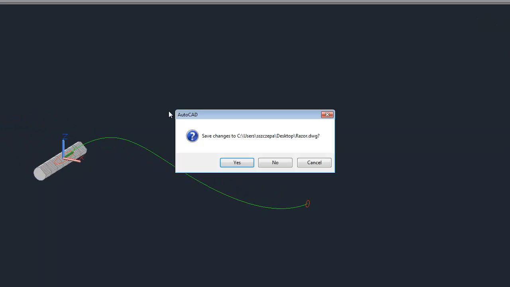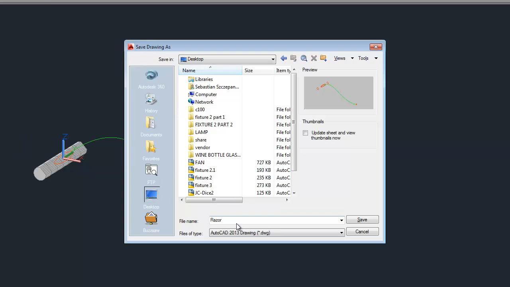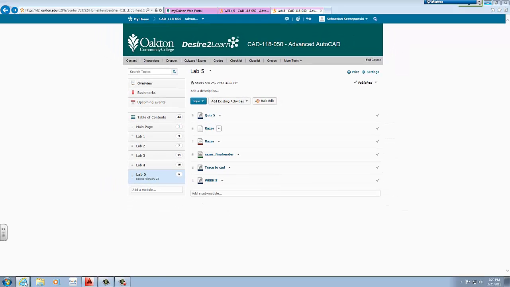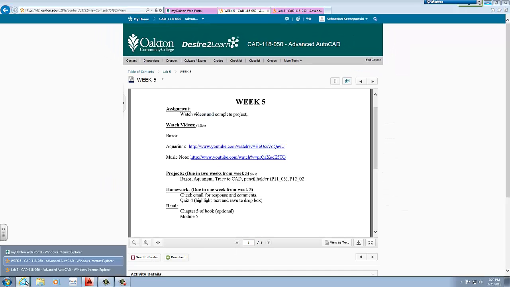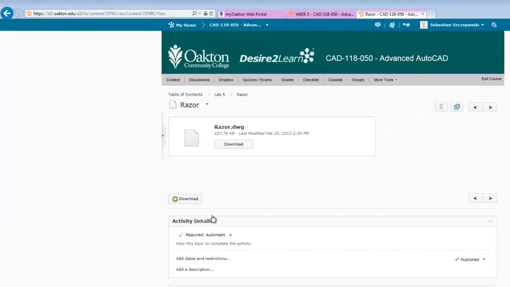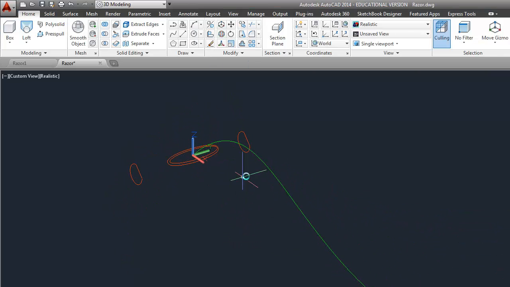I've got to save this first. Oops, file, save as, razor 1, save. And I'm going to open up that file once more. Where did it go? There we go. So I started from scratch, and what I want to do is add an additional